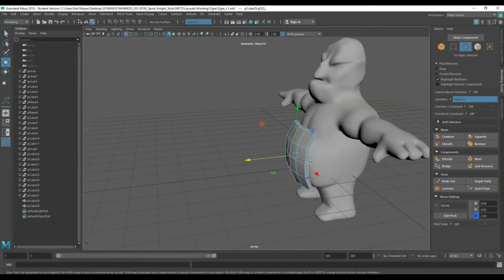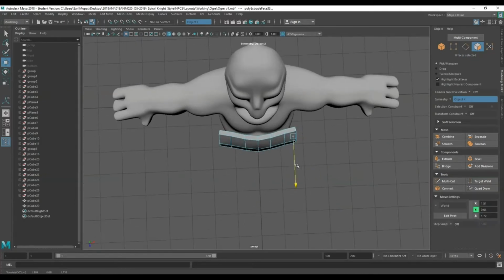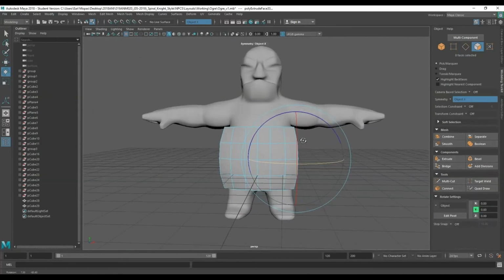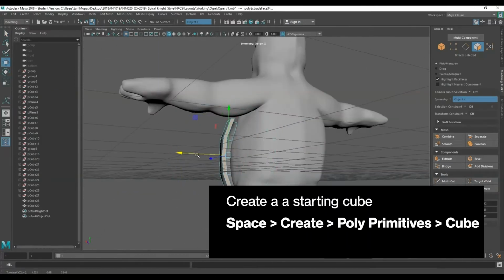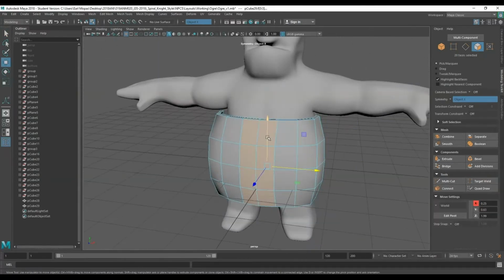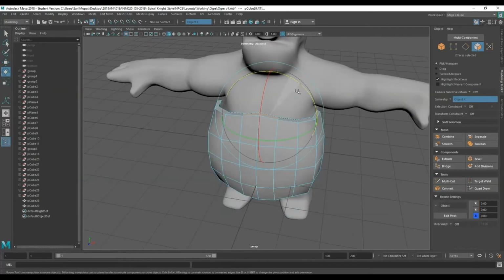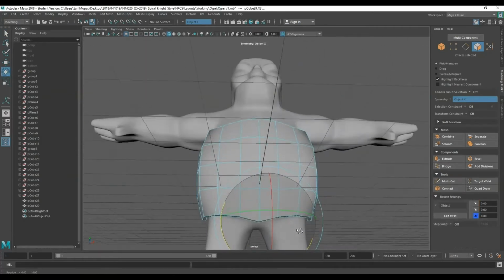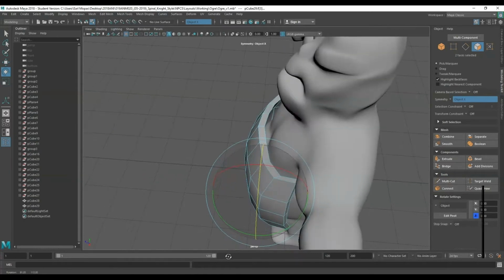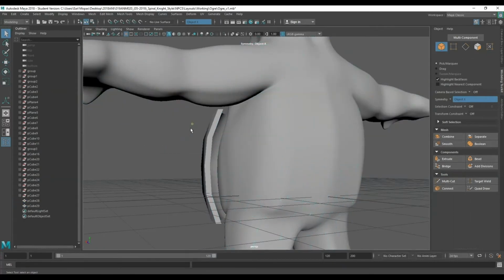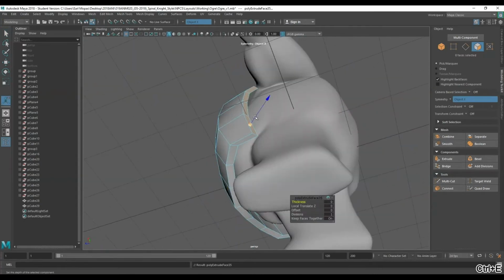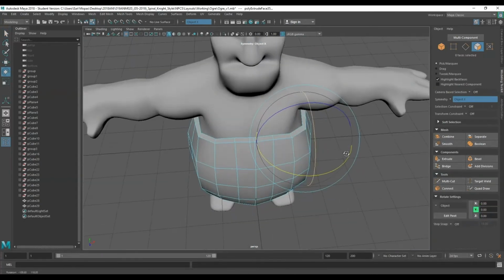Now you're going to see me skip here because I wasn't recording, unfortunately, but basically what I did was I took a cube, I flattened it to the center of his belly, and then kind of like what we would do with planes, I selected the faces on the x-axis and started extruding out and around the character's belly, because this is going to be kind of like a fur skirt that's going to go around him. So you see me doing that right here. Select the face, extrude out,